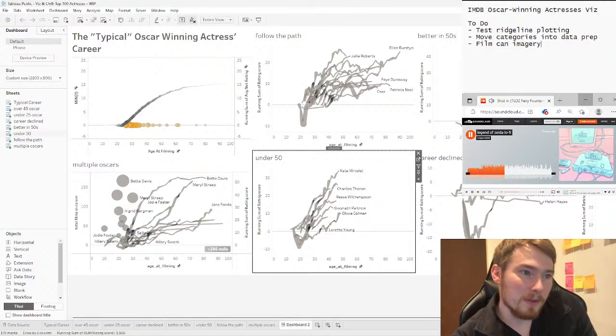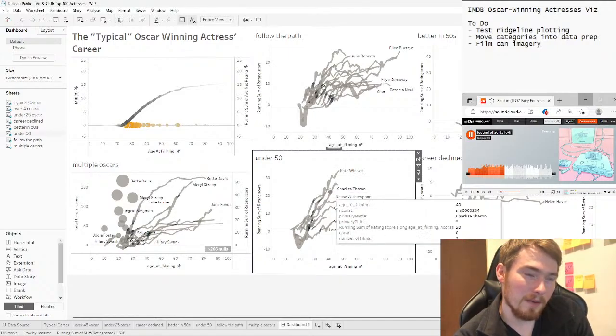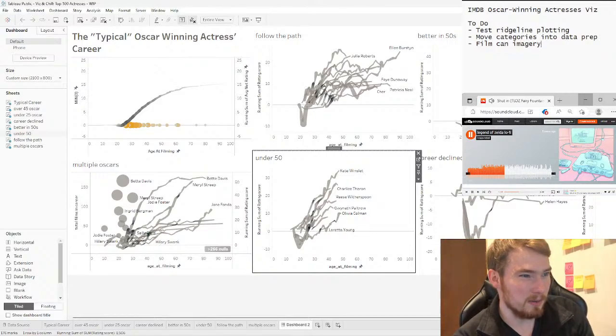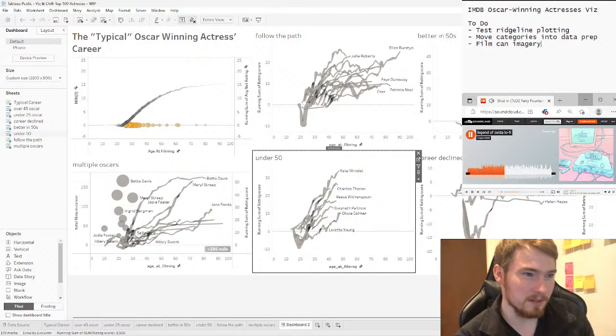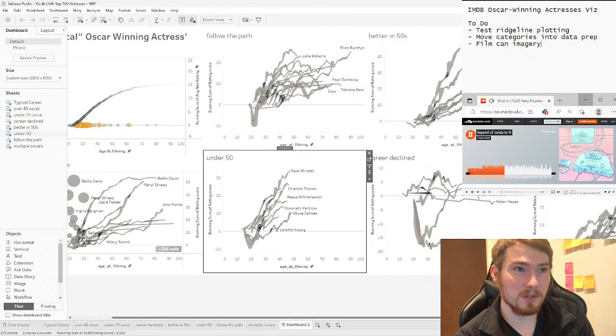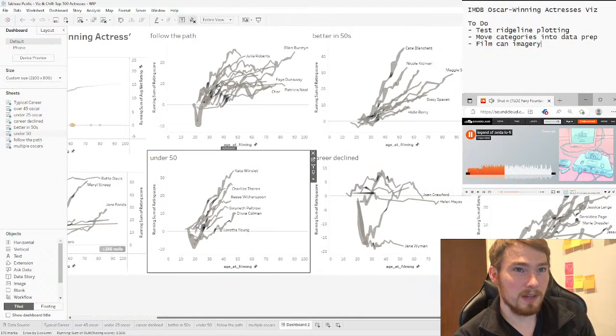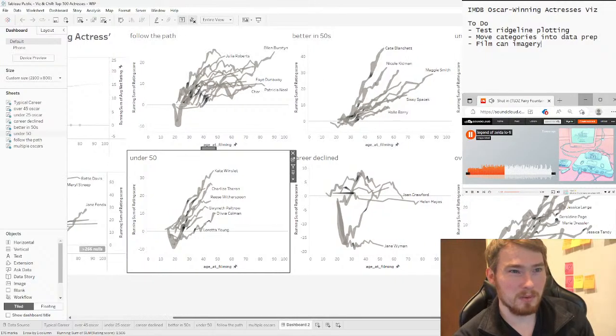So here we've got other ones. There was a case about whether you always had to be young to be an Oscar winner. We were thinking about age in this case, and there was certainly a case where we could see there were quite a few categories in terms of age restrictions.